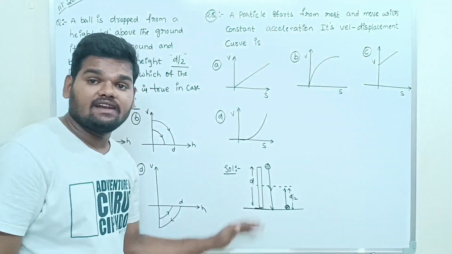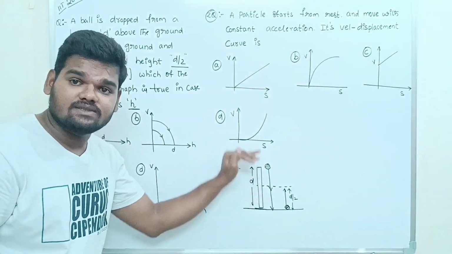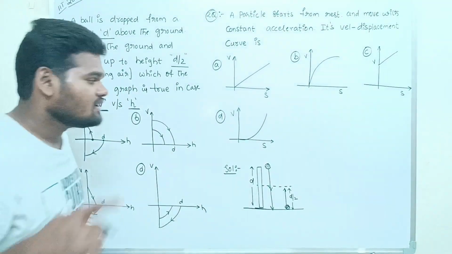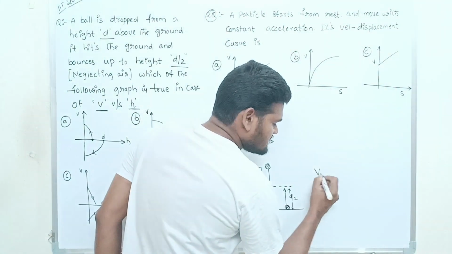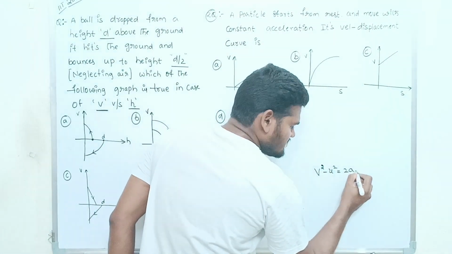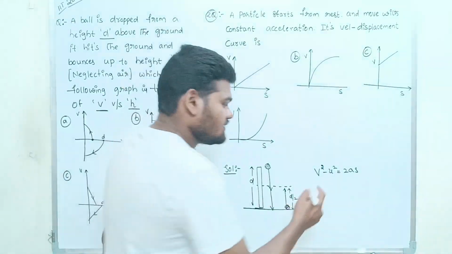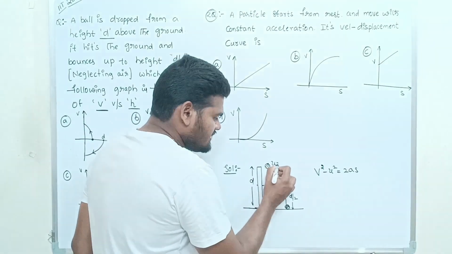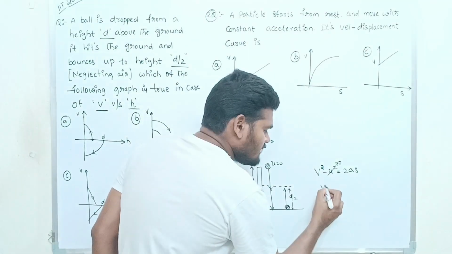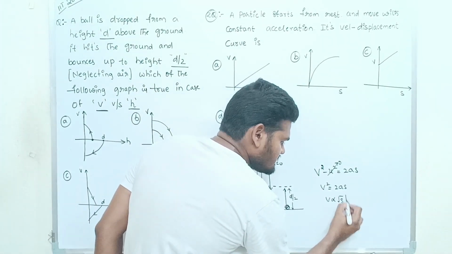So velocity versus height means what? Velocity versus displacement. Height is nothing but displacement, no? So the displacement traveled by the object is how much? d here. Have a look. One thing is clear from the previous session that v square minus u square is equals to 2as. This is what? Velocity is a function of displacement, right? Whenever the object is moving towards the ground, its initial velocity is 0. So u square is equals to how much? 0. Then v square is equals to 2as,